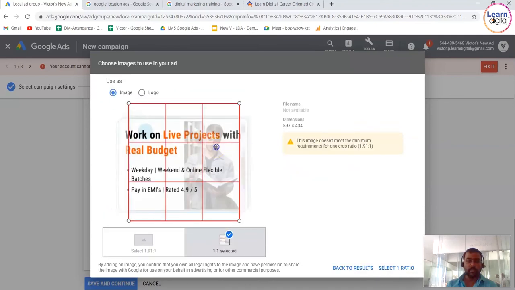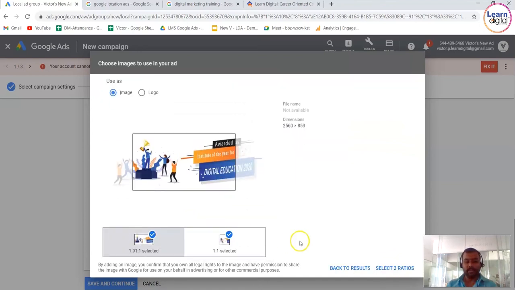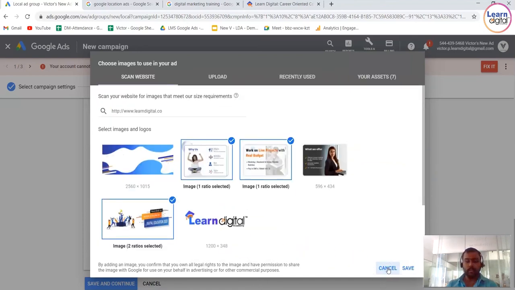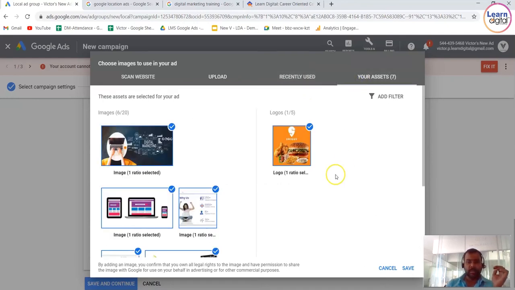But the problem with the website is that we would have added the images optimizing for our website. For optimizing this campaign, you need to use a tool called Canva, guys. In my previous video, I've taught you how to add it. You can do that part, or you can add it from your system, downloading from your Canva. So I'm just adding a few images for learning purposes.